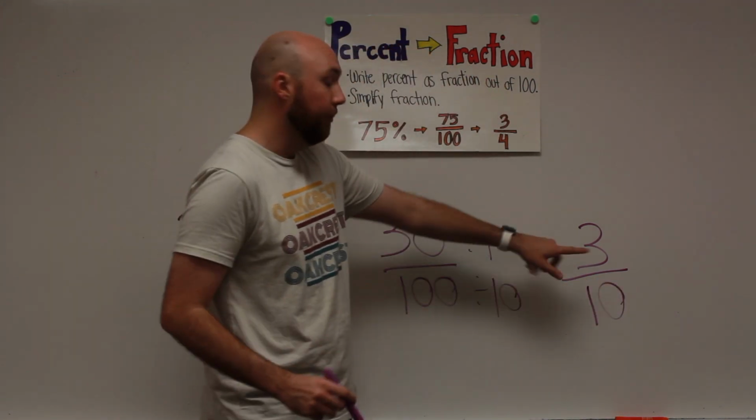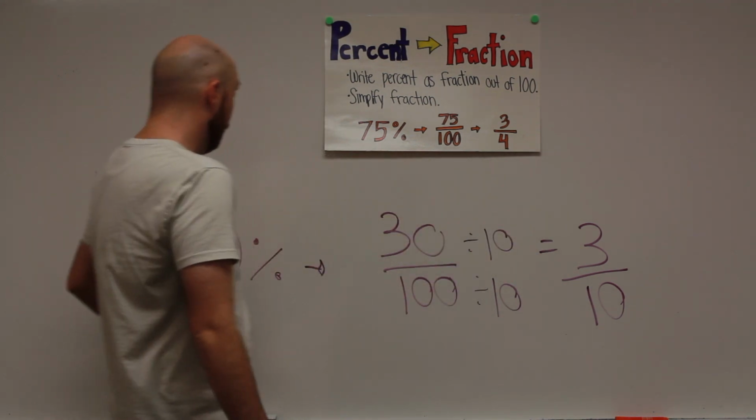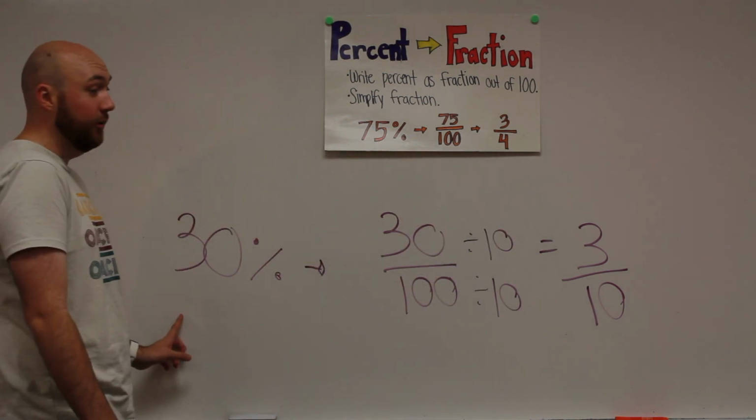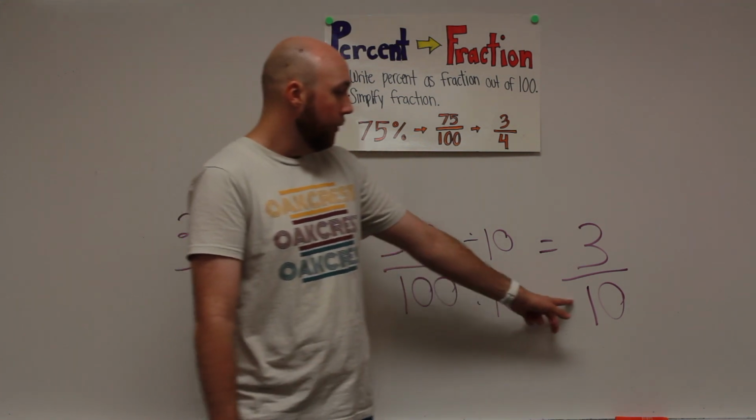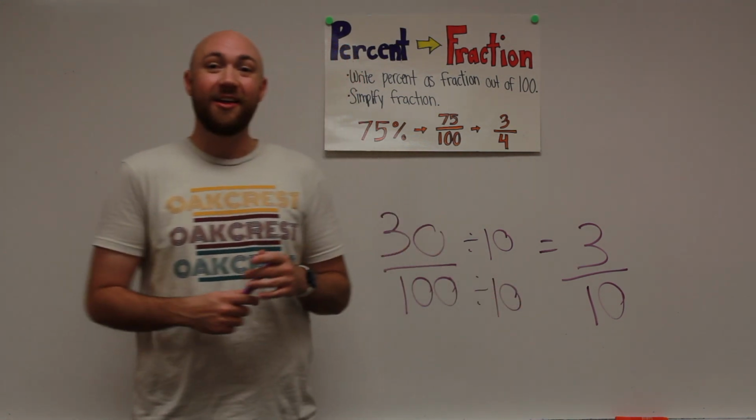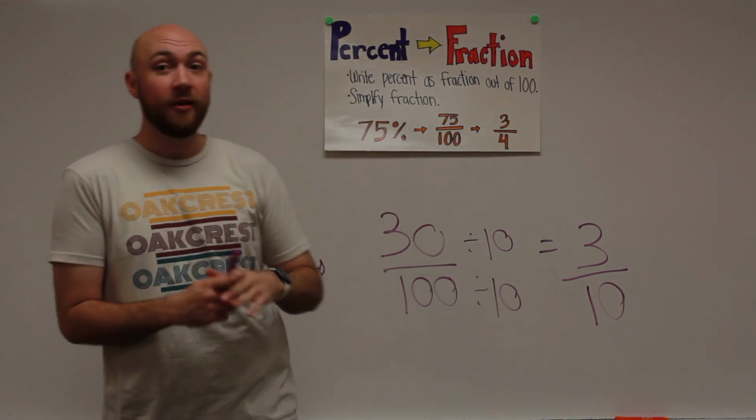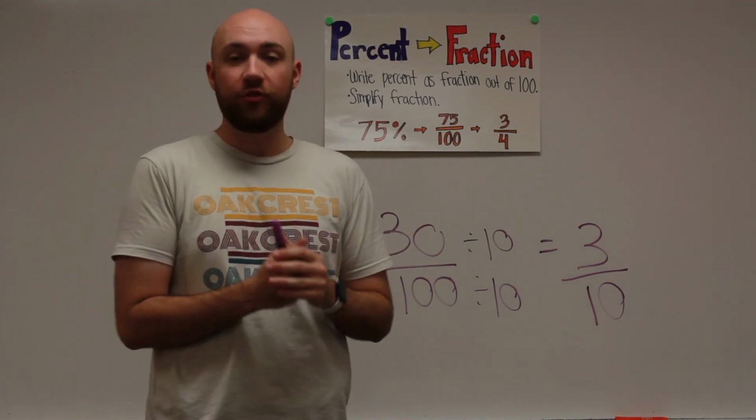3 is my prime number, so I know I'm done there. So 30% as a fraction in simplest form would be 3/10. Okay, so now that we know how to do this, I'm going to go to the next part, which is percent